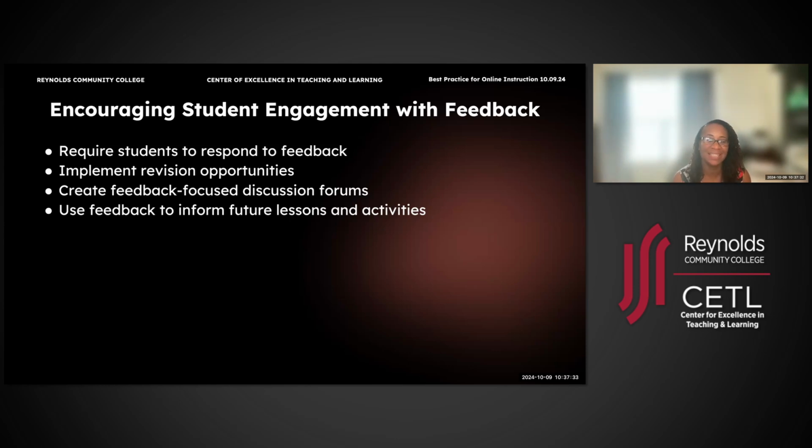So it's being intentional. They actually looked at what I said and my feedback to them to help them improve on something that they may be struggling with in the class. I also give them the opportunity to revise assignments to improve their grade. Because again, a lot of what they do in our classes, I teach early childhood education,